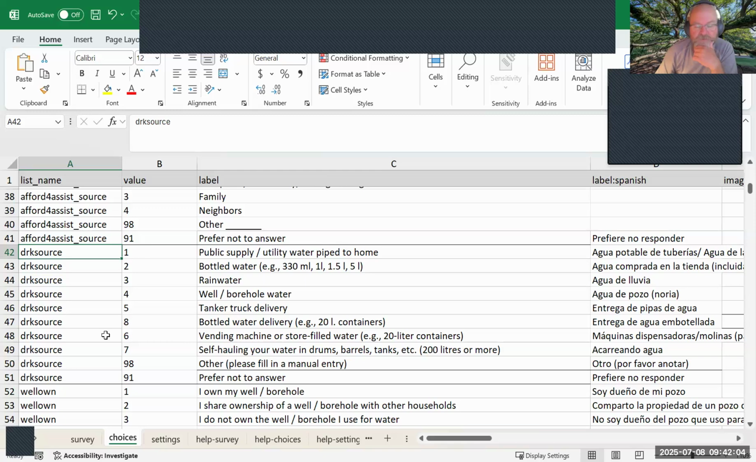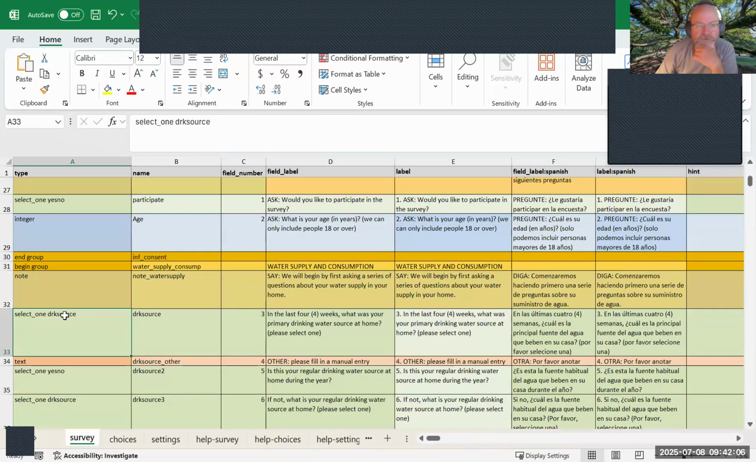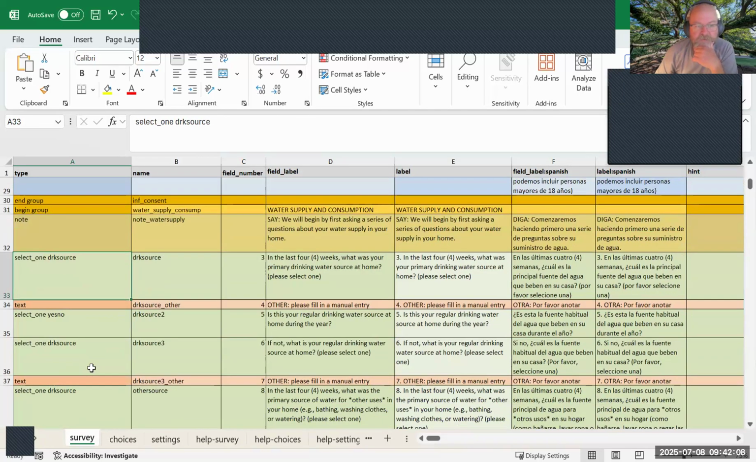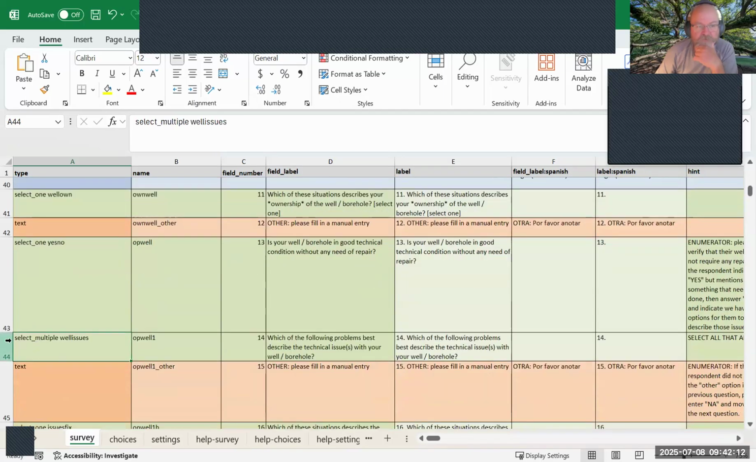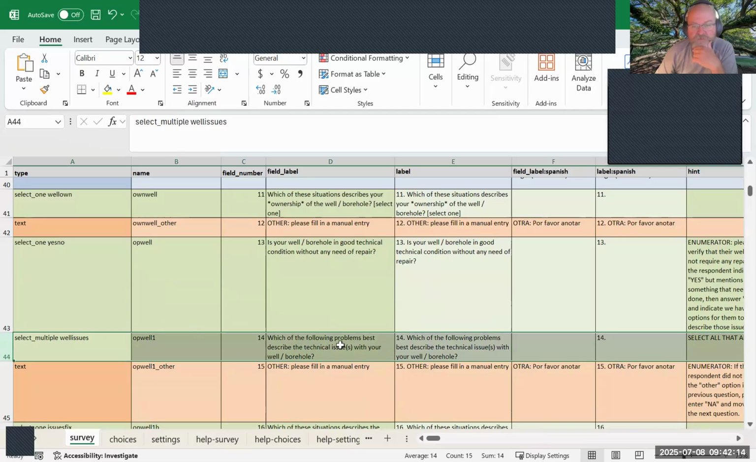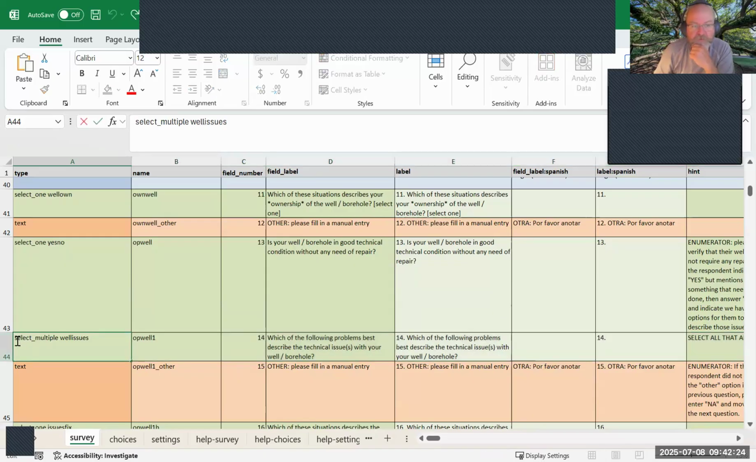Of these 9 options, the user can only select one. But there are select multiple as well. Let's see if I can find a select multiple. So a question about well issues. Which of the following problems best describes the technical issues with your well or your borehole? There could be many issues. And so what we want a user to be able to do is select multiple. So select_multiple is the type, the field type, meaning a user can select multiple from this particular list here,